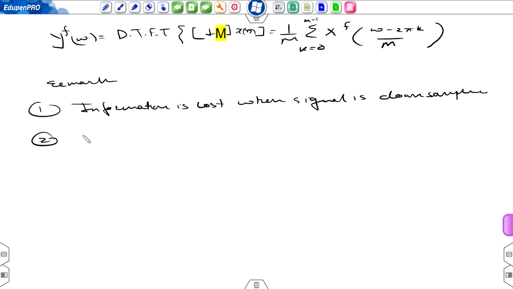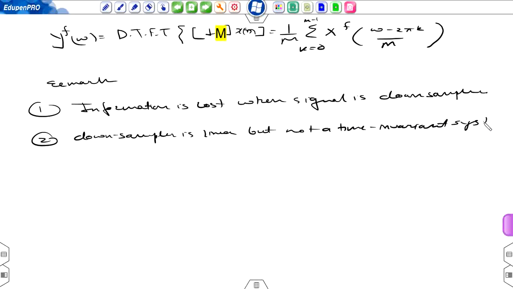Okay, so the downsampler is linear, but it is not time invariant. And the downsampler causes aliasing. Okay, so that's why you have to use